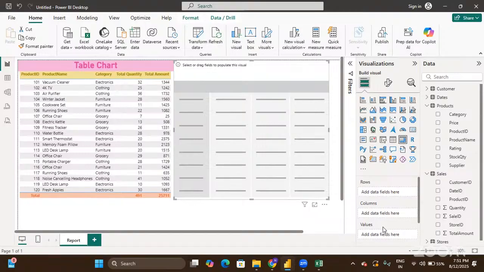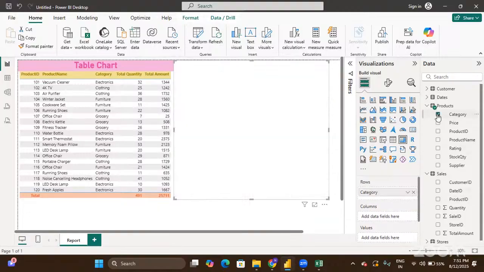Even though you are representing the data in the form of rows and columns, it helps us to drill down to any extent. What is this drill down? What are the drill down options that we are going to get? We'll understand. First of all, to the rows part, I'll bring columns like